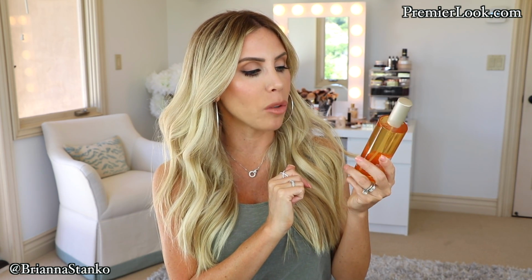I personally love body oils in the summer. I think they're hydrating, but they give your skin a glow at the same time, and this is just my absolute favorite. I just repurchased this bottle. It's the Moroccan oil, the dry body oil. It goes on your skin so nice. It hydrates. It really gives your skin that glow, but it doesn't leave you feeling oily or greasy, because that's a